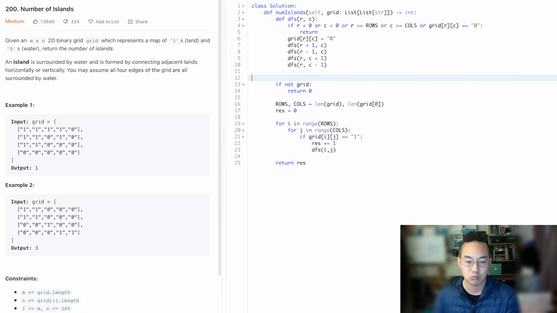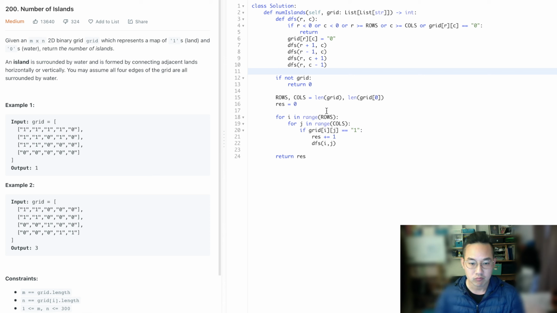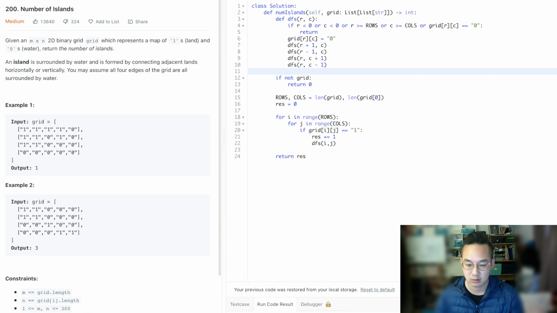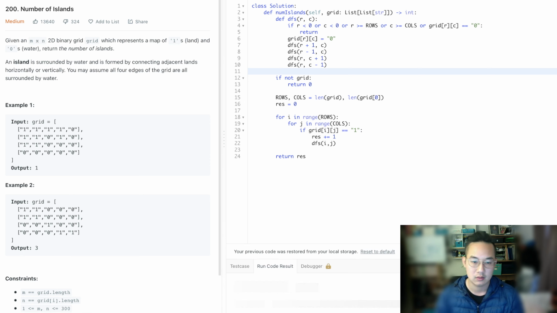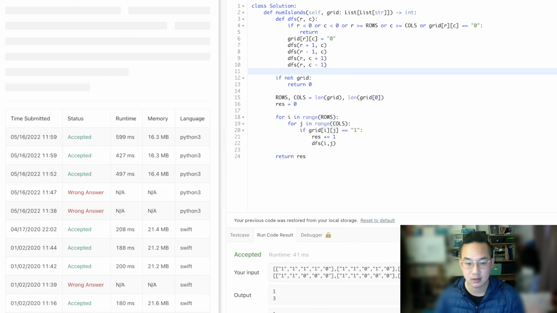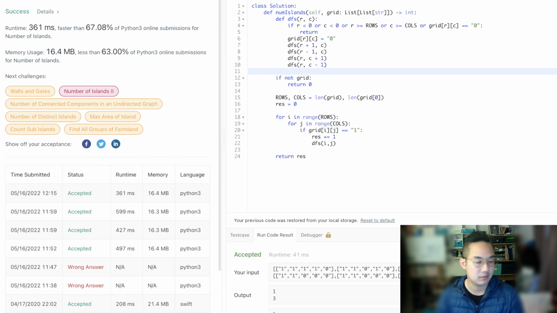And yes, let's run it. Let's run the test cases. Yeah, very good. Let's submit. That was a very quick solution, extremely quick. But now let's do BFS. So BFS is pretty much very similar,